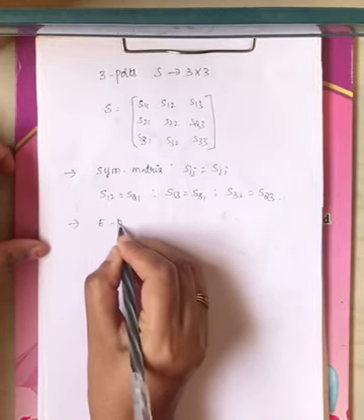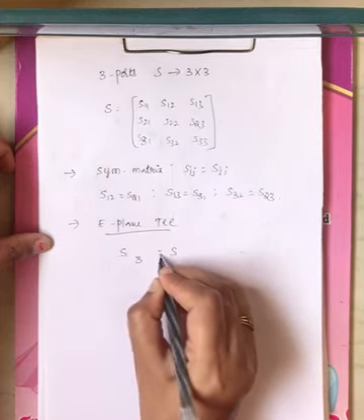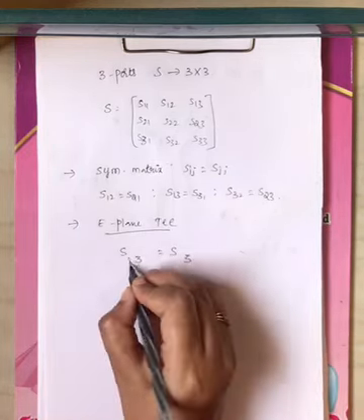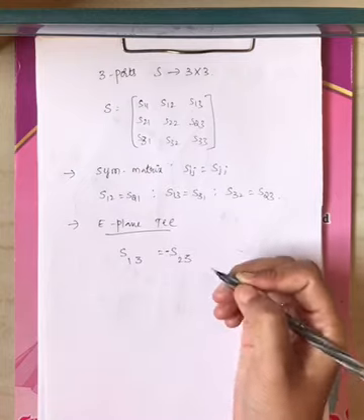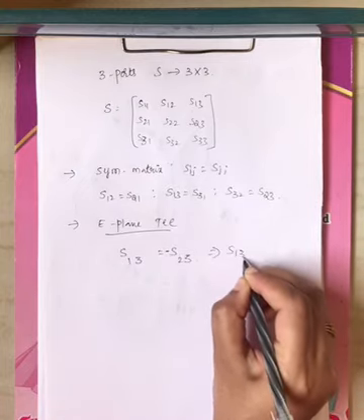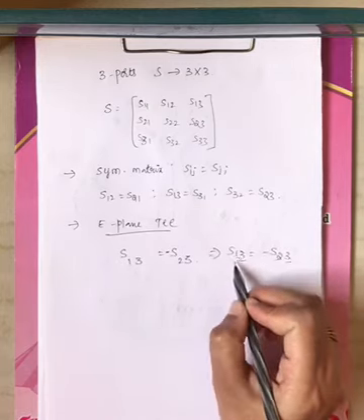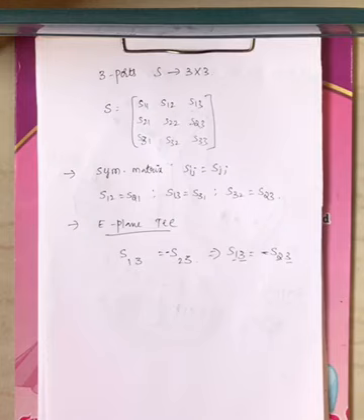Now what is the E plane T property? Now we have to say this for S3. If I give input power from port 3, where will you get output power? Port 1 and port 2, right? If I give input power from port 3, output is collected at port 1 and port 2, which are equal in magnitude but out of phase by 180 degrees, right? That's why S13 equals minus S23. Input given from port 3, output is collected at port 2 and port 1, equal in magnitude but out of phase by 180 degrees. That's why S13 equals minus S23, right?